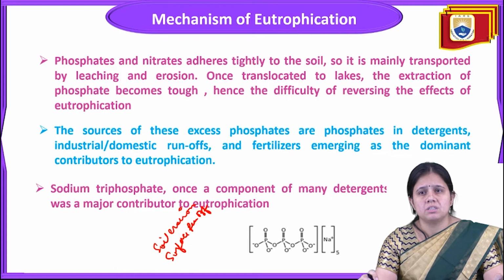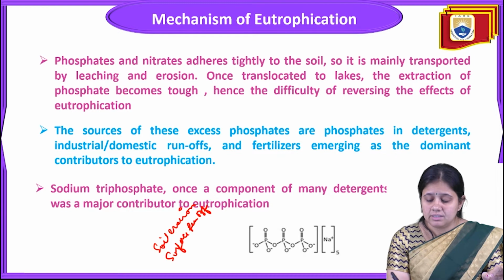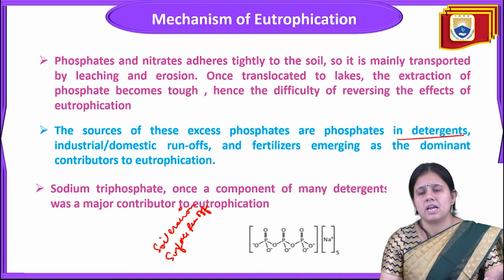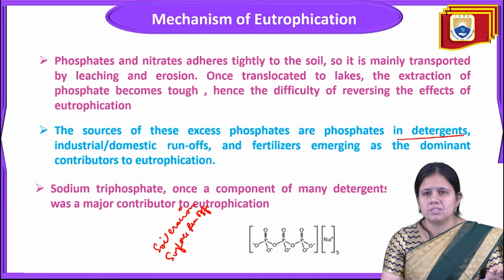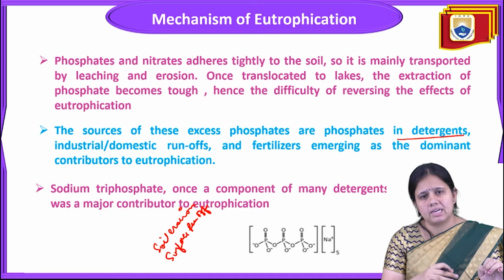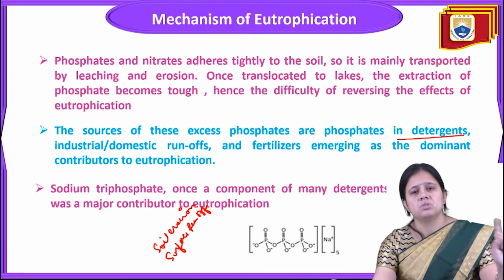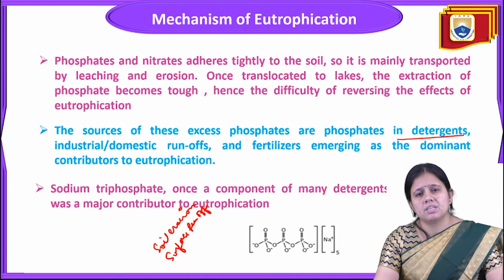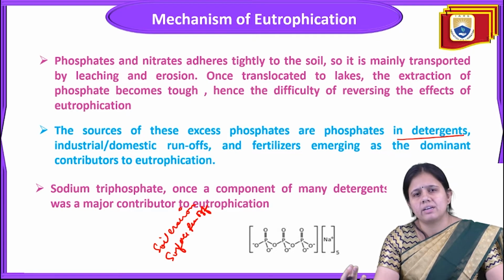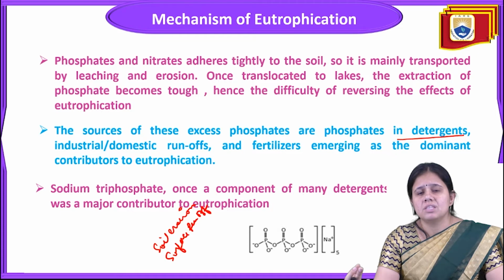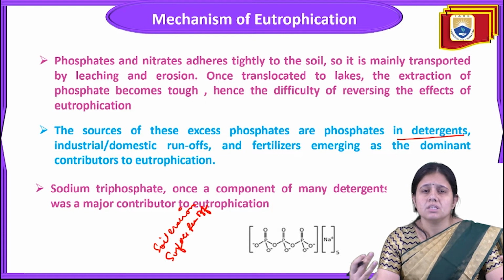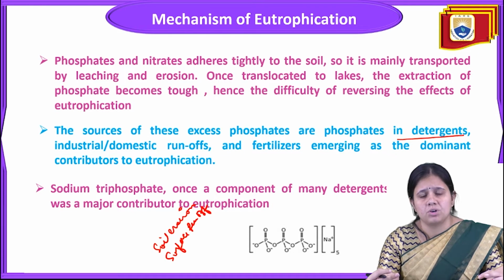The main source of these phosphates is detergents, because in the detergents that we are using, phosphate is already present. Industrial and domestic runoff is there, fertilizer is there. So whatever pollutant is coming into the water is already rich in these two types of nutrients. We are using detergents, industrial effluent is there, household effluent is there, agriculture effluent is there, all will contain nitrogen and phosphorus. So because of this, too much sewage, too much runoff is coming into the water bodies, and this